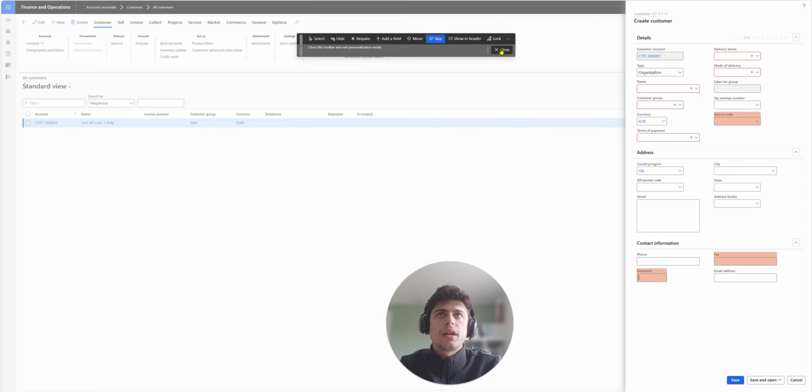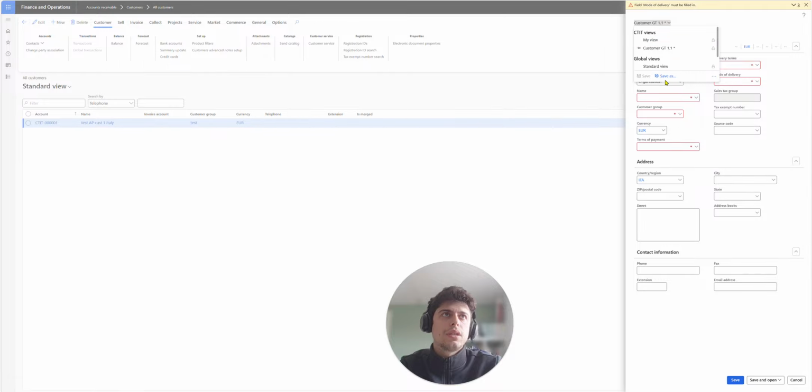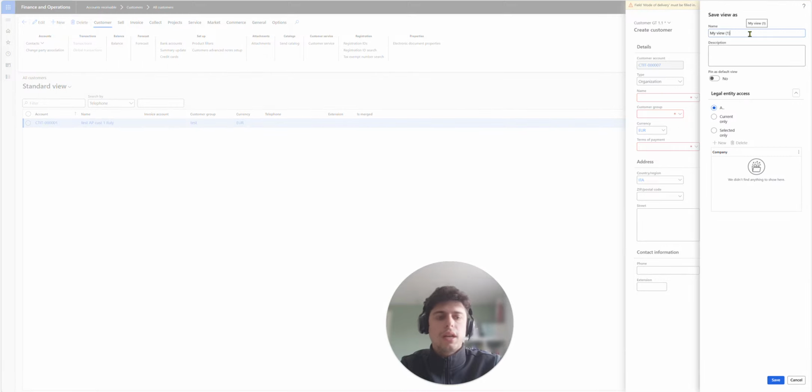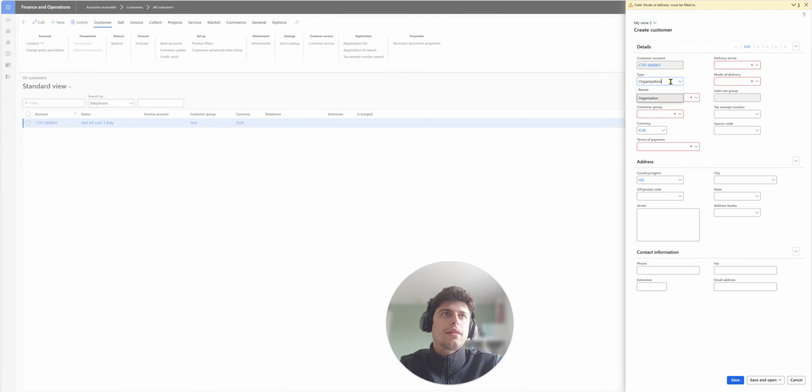So I'm gonna now close this and save as a view, my view 2, and I will pin it as a default view. So what will happen? Will happen that if I'm here, right, and I use the tab button, then I use